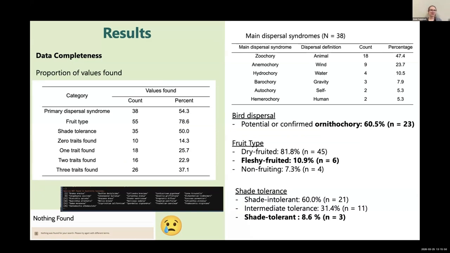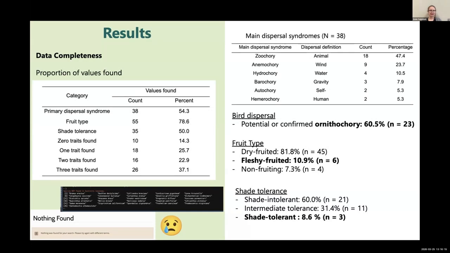I also ran into some issues with changing taxonomy, accessibility, geographic bias of the data, and phenotypic plasticity, especially in shade tolerance. This highlights that the completeness and issues are in line with database use in general, and highlight issues of meaningful accessibility and also lack of incentives for researchers to contribute to databases.